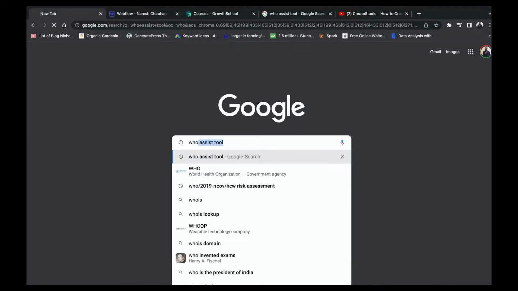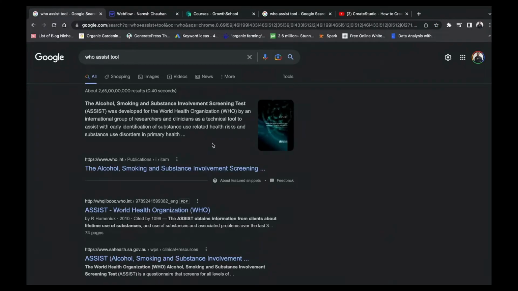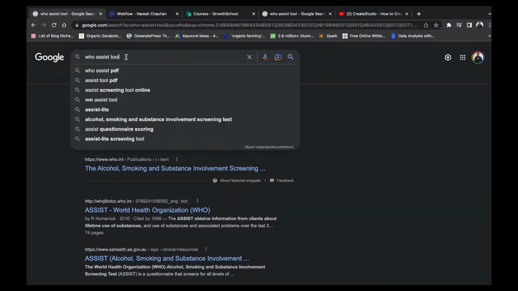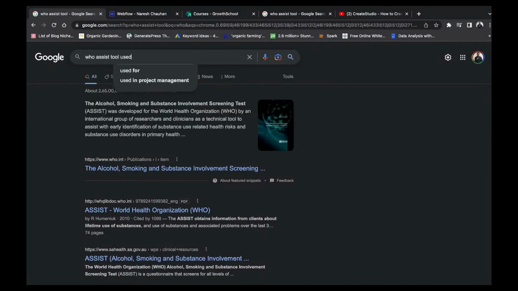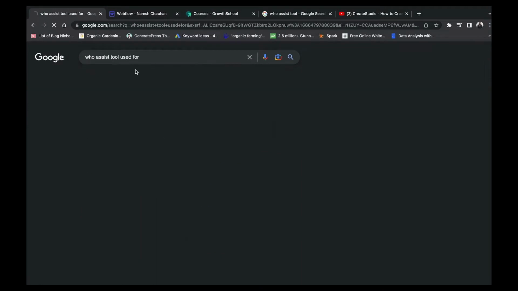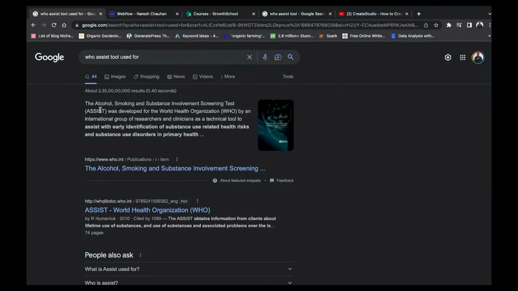WHO ASSIST tool. Okay, so what is that? It says that the Alcohol, Smoking and Substance Involvement Screening Test was developed for the WHO by an international group of researchers. So it is basically a screening tool which screens the participant for their involvement using alcohol, smoking and